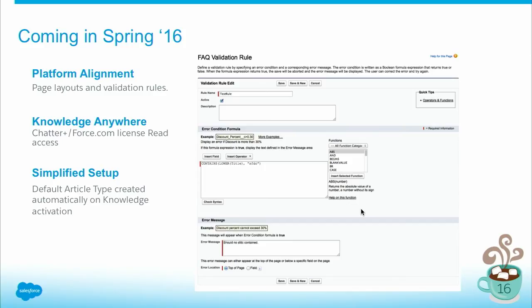There we go. All right, so I just wanted to share what's coming up in Spring 16. We have a lot of really great features coming in spring and beyond. But in spring, we have started an effort that will continue on. You'll see this as a theme going for multiple releases, which is that we are really looking to better align